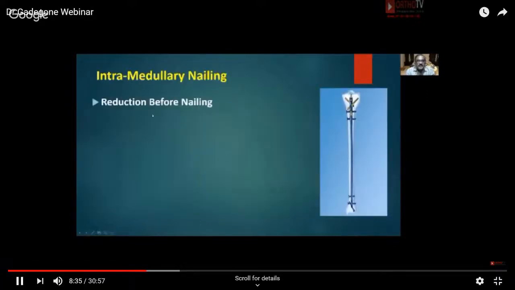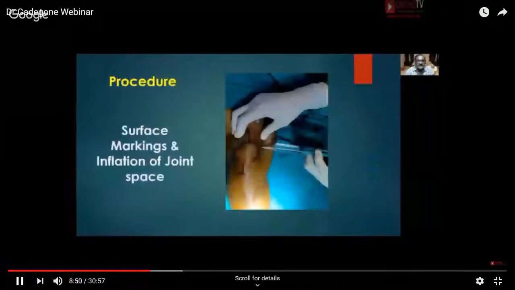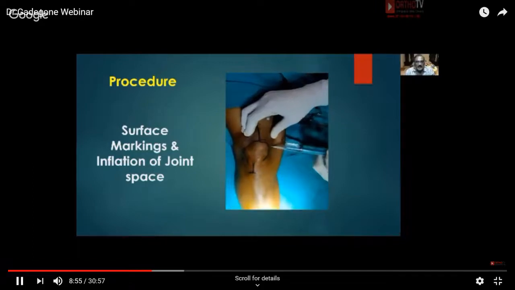So intramedullary nailing: reduction before the nailing, ream with the fracture reduced, maintain the reduction throughout the case, multi-locking proximal, and not always easy. We have to begin with the procedure, surface marking of the patella